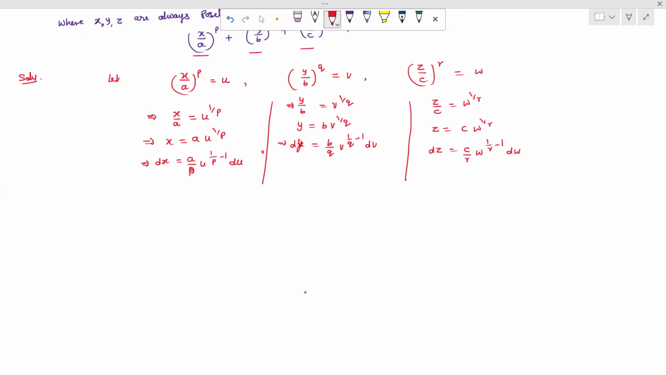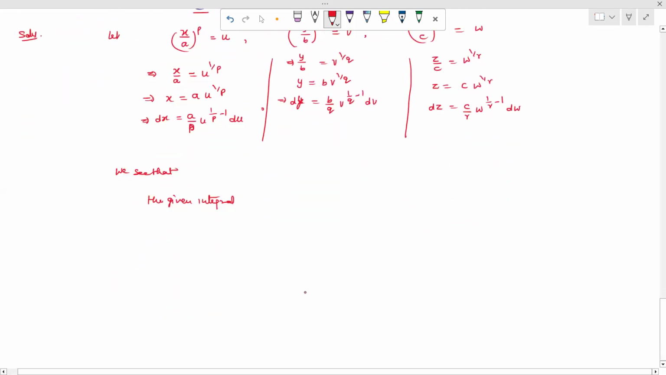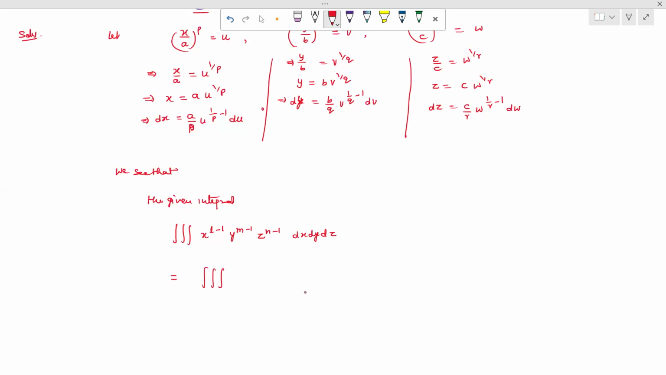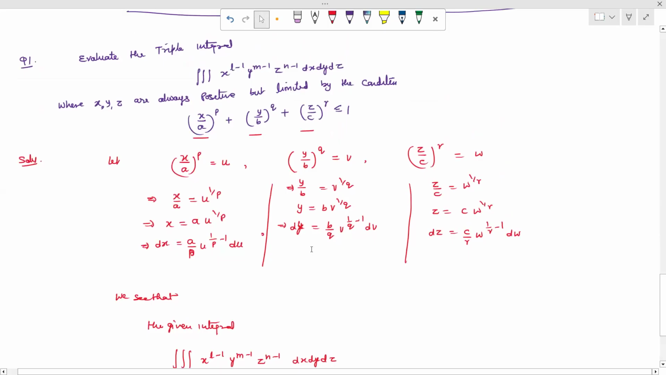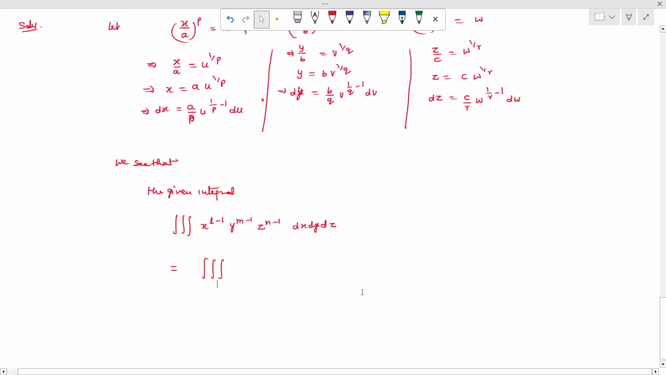So when we obtain the value of x, y, and z, we see that the given integral, इंटीग्रल क्या दे रखा है? इंटीग्रल दे रखा है ट्रिपल इंटीग्रेशन x रेज टू द पावर l माइनस वन, y रेज टू द पावर m माइनस वन, z रेज टू द पावर n माइनस वन, dx dy और dz कन्वर्टेड इनटू द फॉर्म ऑफ, अब इसको किस में कन्वर्ट करना है? यूवीडब्ल्यू में, क्योंकि हमें कौन सी कंडीशन फुलफिल करनी है कि ऑल आर पॉजिटिव यूवीडब्ल्यू, जब एक्स वाई जेड पॉजिटिव है तो यूवीडब्ल्यू ऑब्वियसली पॉजिटिव होंगे। और जो हमारा रिलेशन दे रखा है, दैट मीन्स दिस रिलेशन कैन बी कन्वर्टेड इनटू द फॉर्म ऑफ u प्लस वी प्लस डब्ल्यू लेस देन इक्वल टू वन।